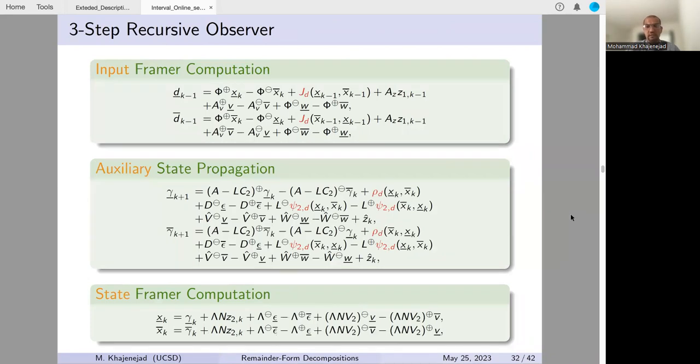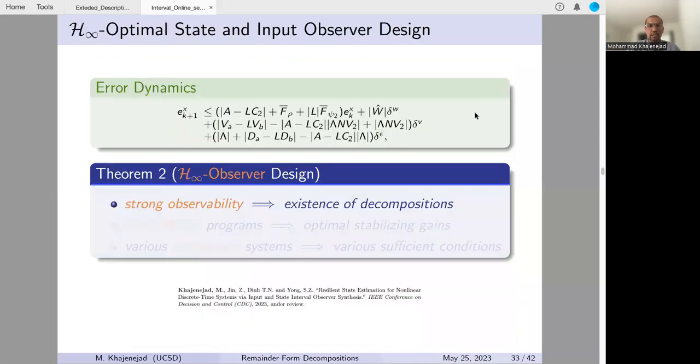Sorry if this slide is too mathy. I just wanted to put those steps of the design together and highlight in red the places where we use these decomposition functions. Like this JD and this ROD and this Psi2D are all decomposition functions. Basically, wherever we have some nonlinearity over state, we use these decomposition functions to find bounds over that nonlinear function of state. Okay, with all these together, now we are able to compute the framers, and then as a result,